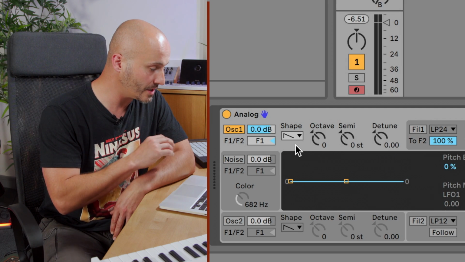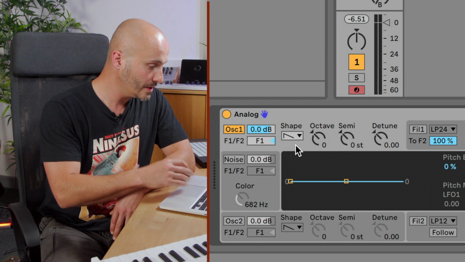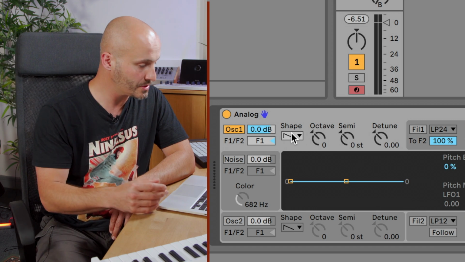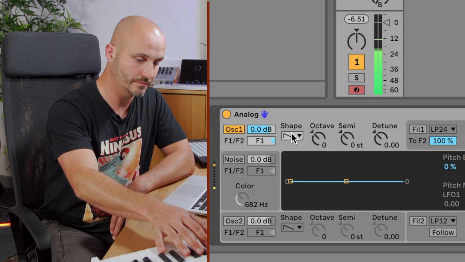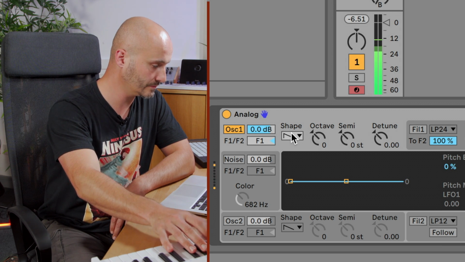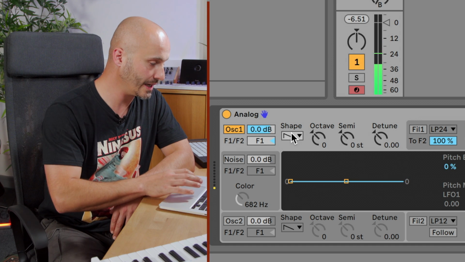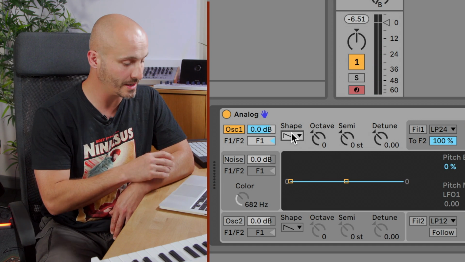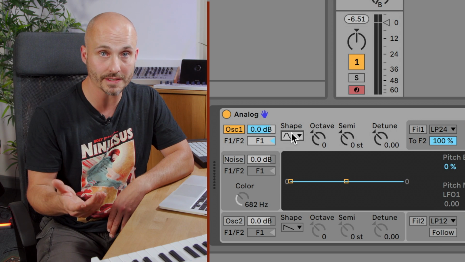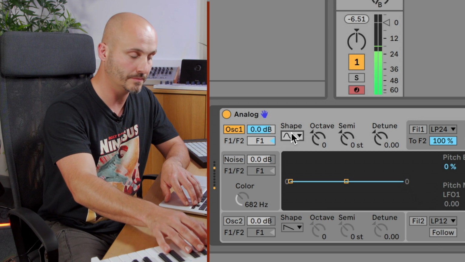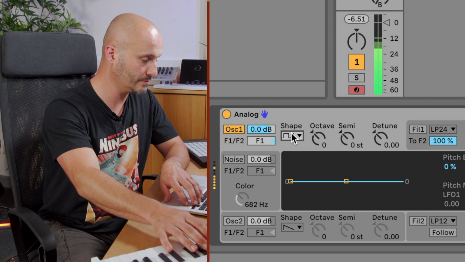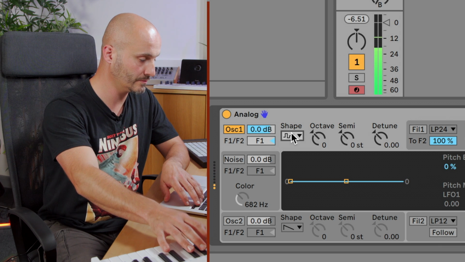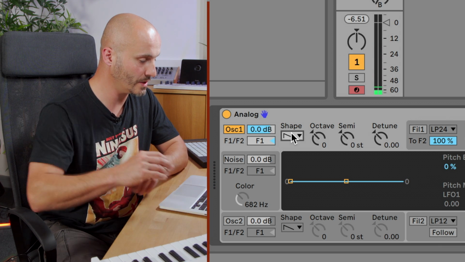And then let's go to our first oscillator. If I just play it, you'll hear what the sawtooth sounds like. Okay, if I click into the chooser menu for the waveform type, I can use the up and down arrow and we can hear the differences between these waveforms. Okay, so let's go back to our sawtooth